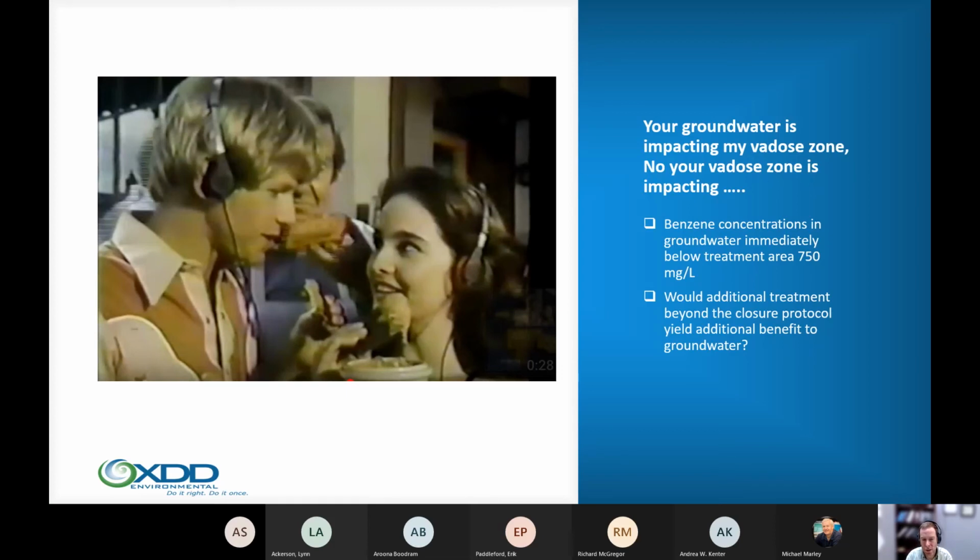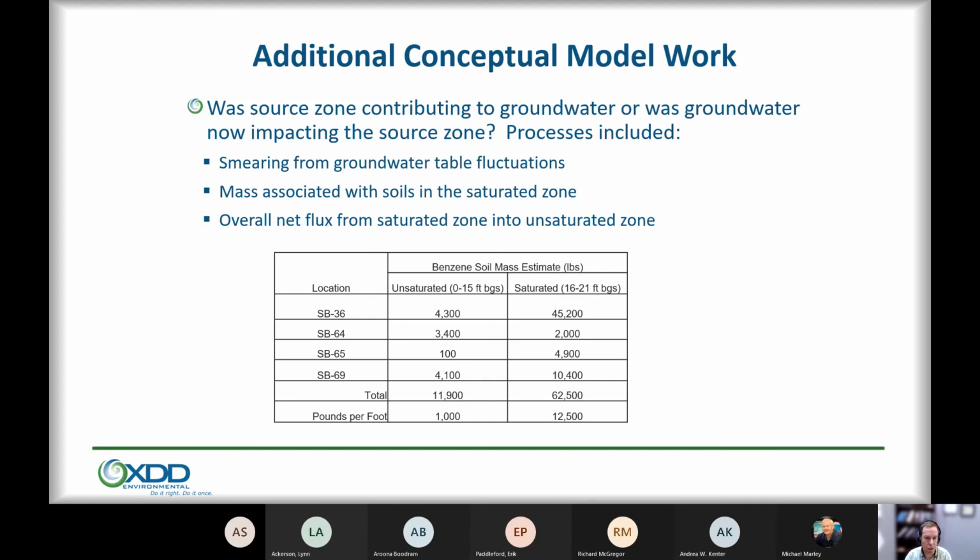But the question is, historically you have this benzene, which acts as an LNAPL, potentially sitting on top of the groundwater table. And as that groundwater fluctuates up and down between, let's say, 20 and 7 feet, you're kind of smearing that benzene into the pore volumes. So again, the question is 750 milligrams per liter: where is it coming from? Is it coming from infiltration of precipitation, or is that basically part of a source area that the SVE system couldn't treat? Like any good theory, we took some additional samples, did some analysis,